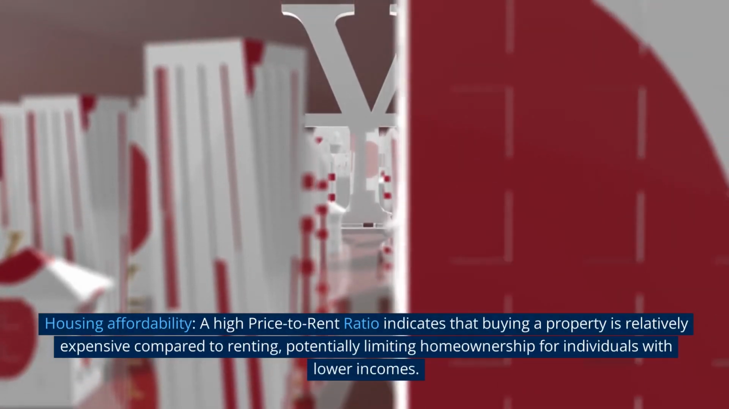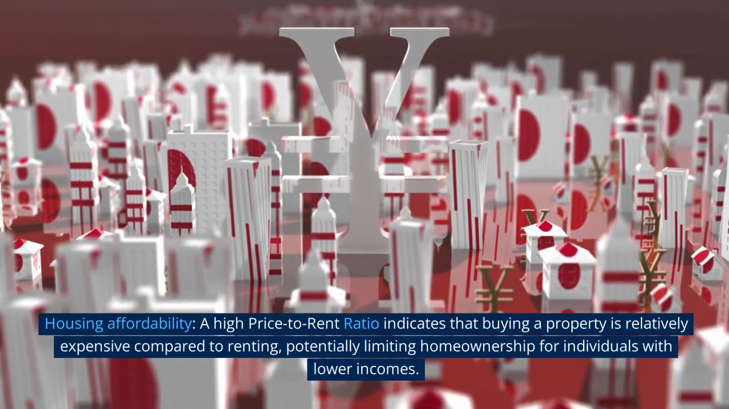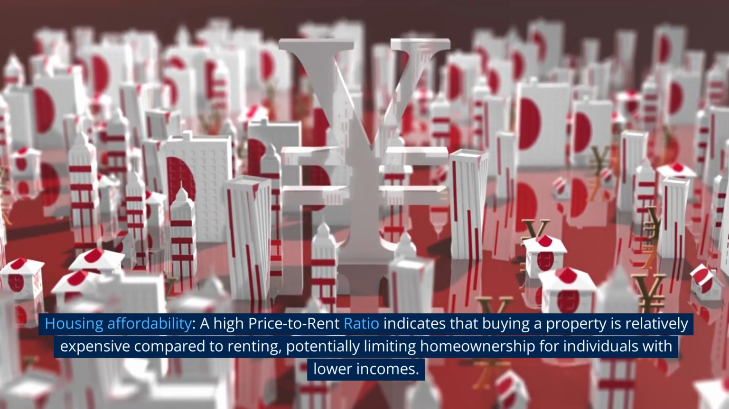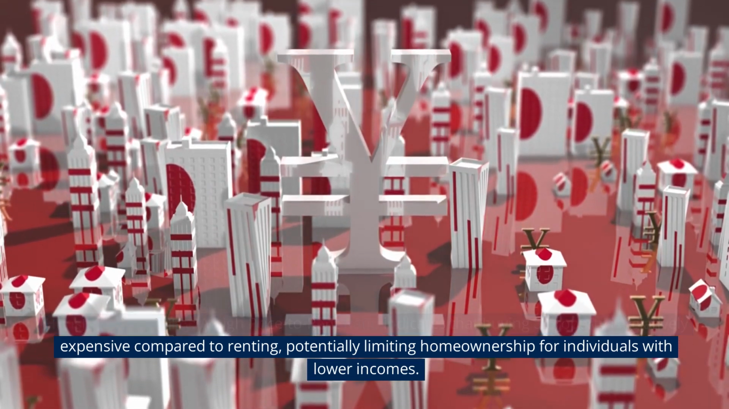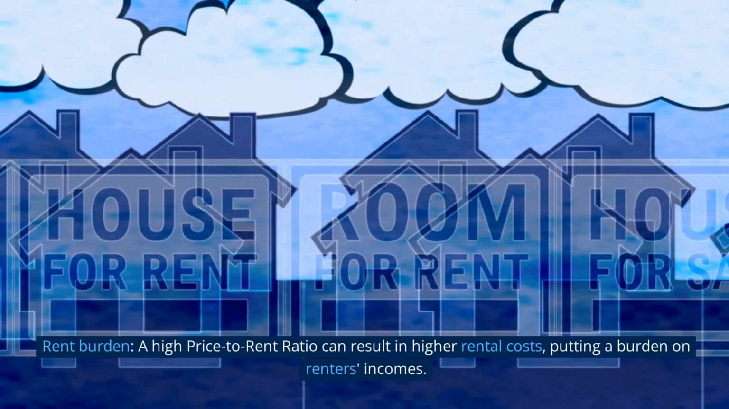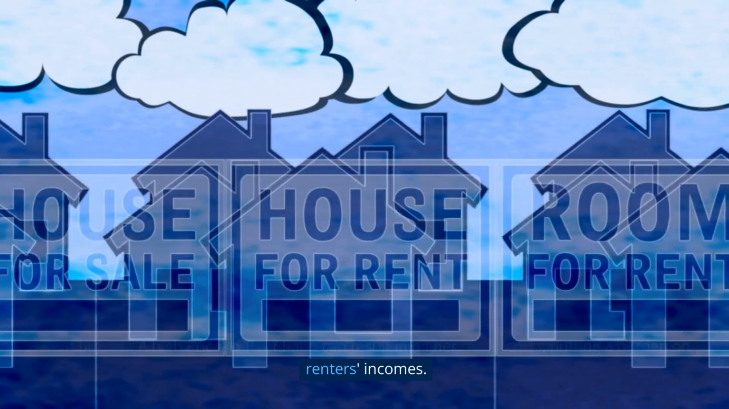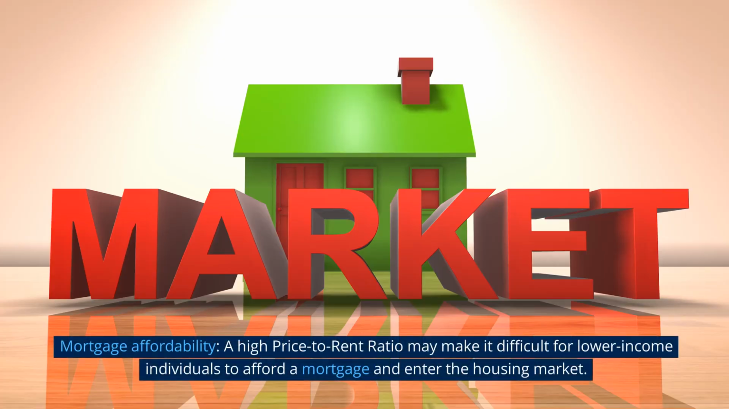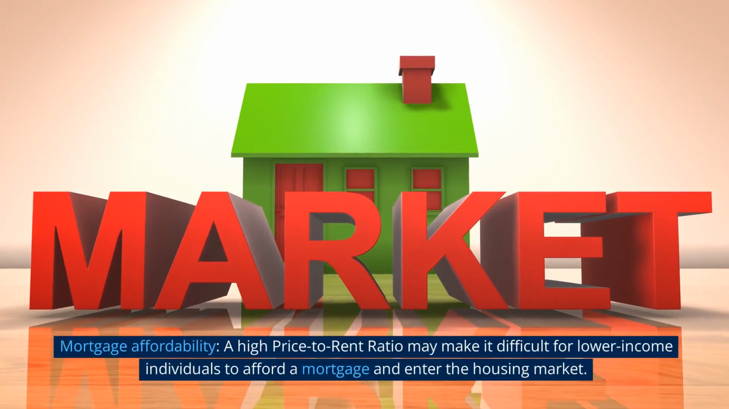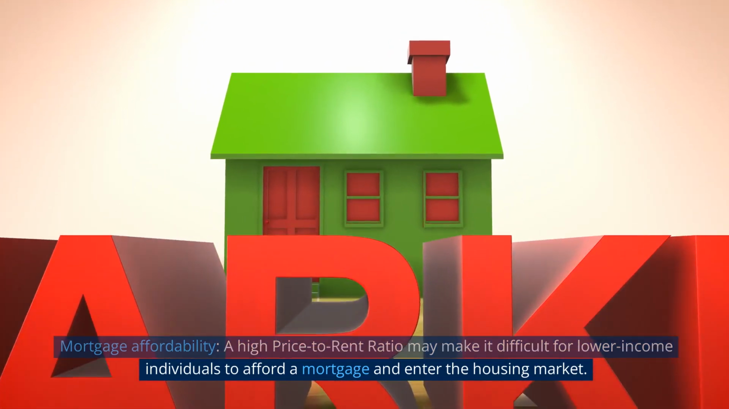Housing affordability. A high price-to-rent ratio indicates that buying a property is relatively expensive compared to renting, potentially limiting homeownership for individuals with lower incomes. Rent burden. A high price-to-rent ratio can result in higher rental costs, putting a burden on renters' incomes. Mortgage affordability. A high price-to-rent ratio may make it difficult for lower-income individuals to afford a mortgage and enter the